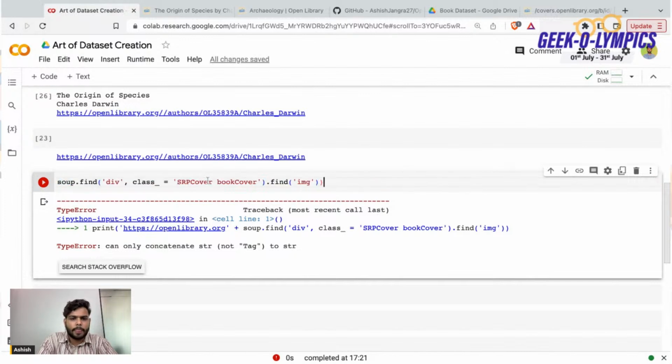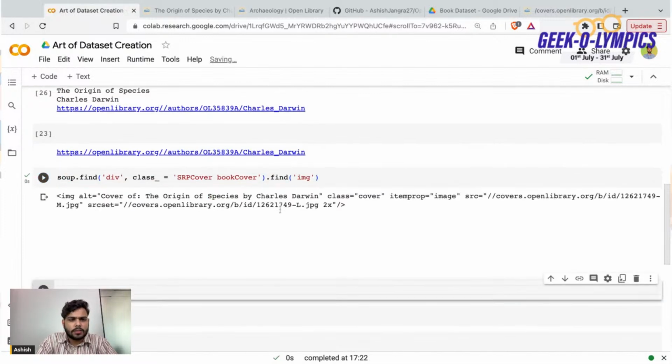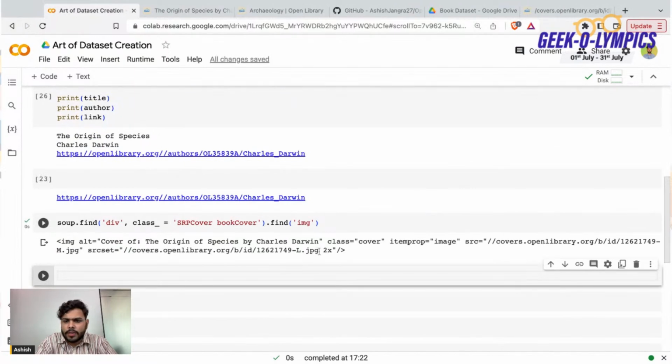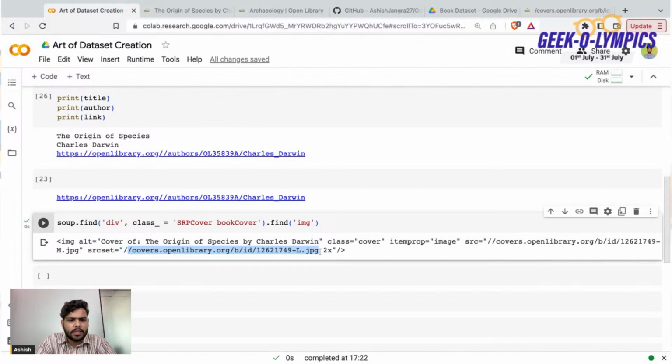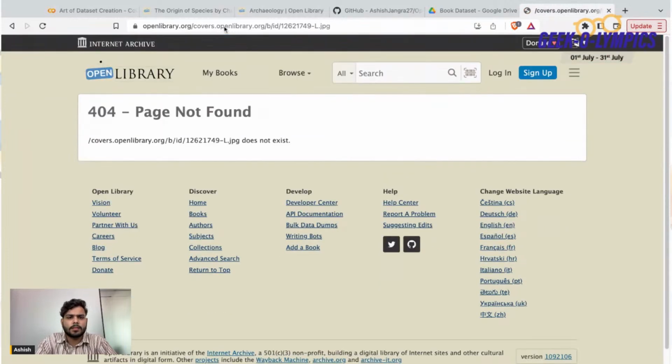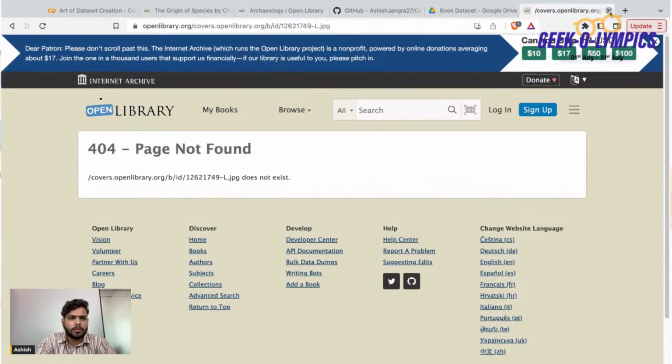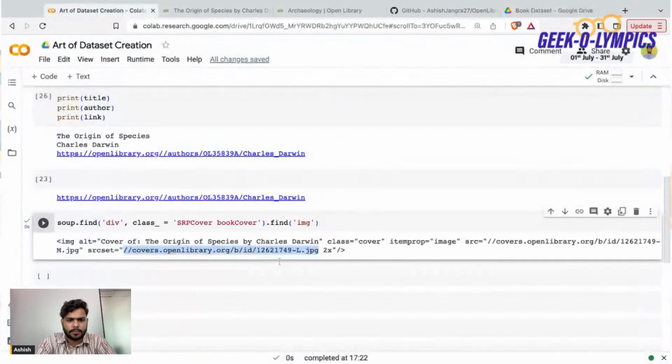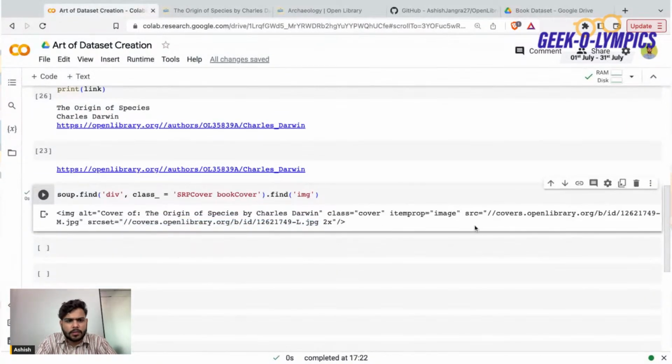So here we have the dot jpeg link with L. Let's try this particular link. You can also type dot get src set. Okay, let's try if this is working or not. Okay, this one is also not working. So I think we can proceed further with the anchor tag